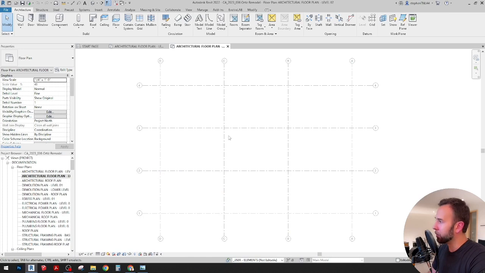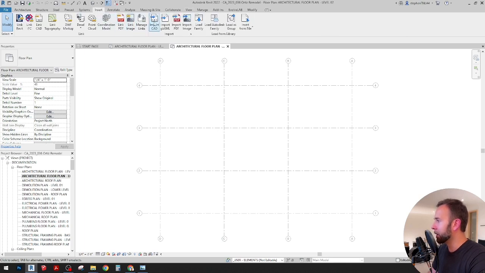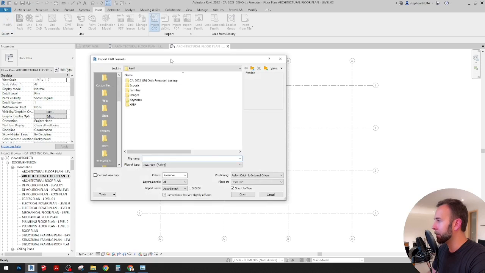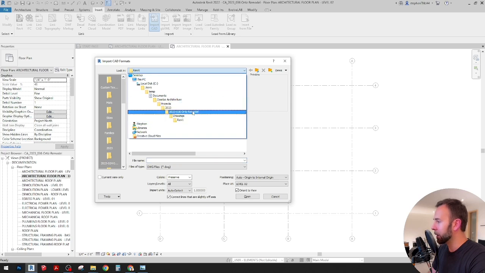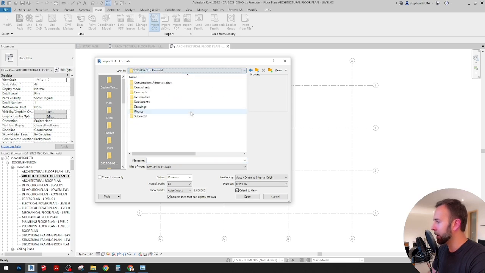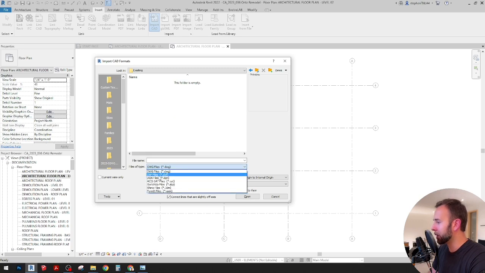If you're familiar with bringing in exported DWG or DXF files, that's what we'll do first. So I'm going to go to my Insert tab and Import CAD. Magic Plan allows you to export the plan as a DXF file, so I'll navigate to it here. Drawings, existing. Make sure that you select the proper file type, DXF files, and there we go, we got the